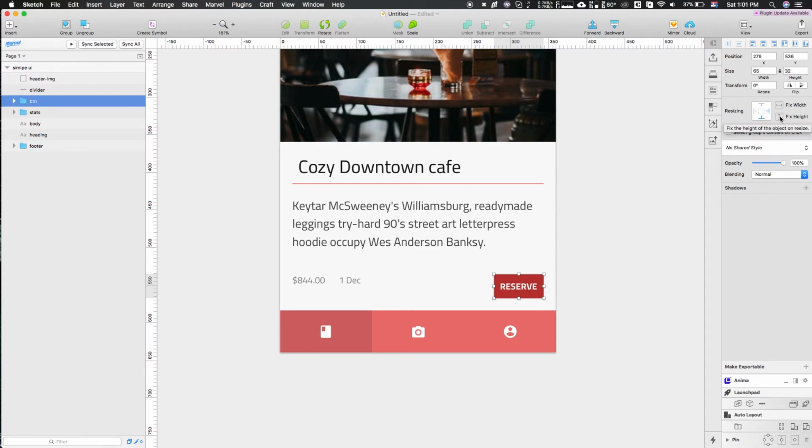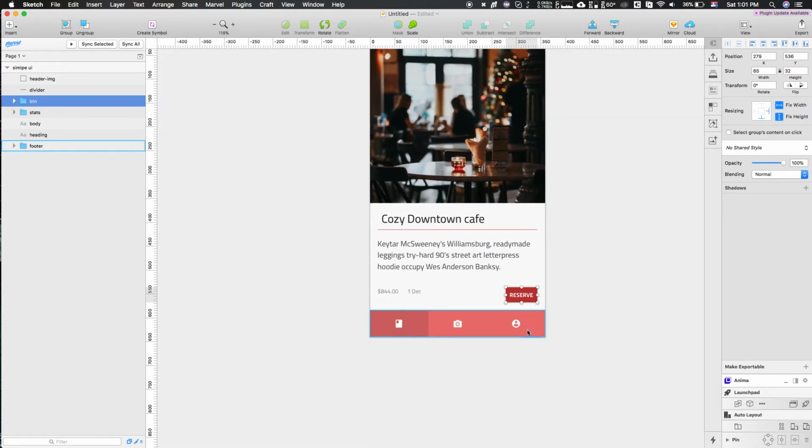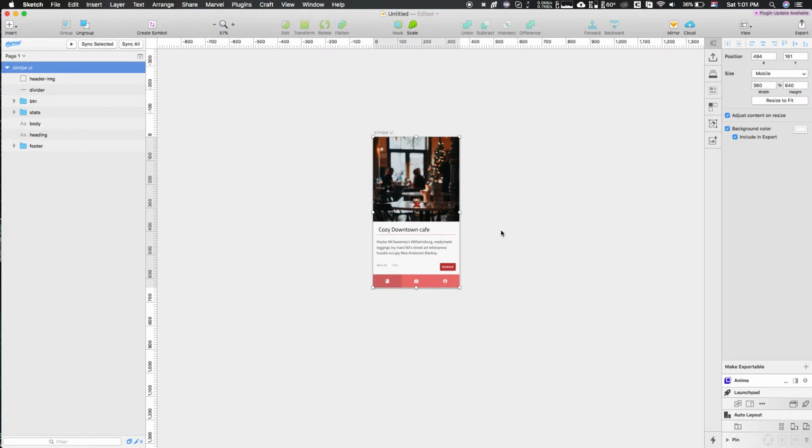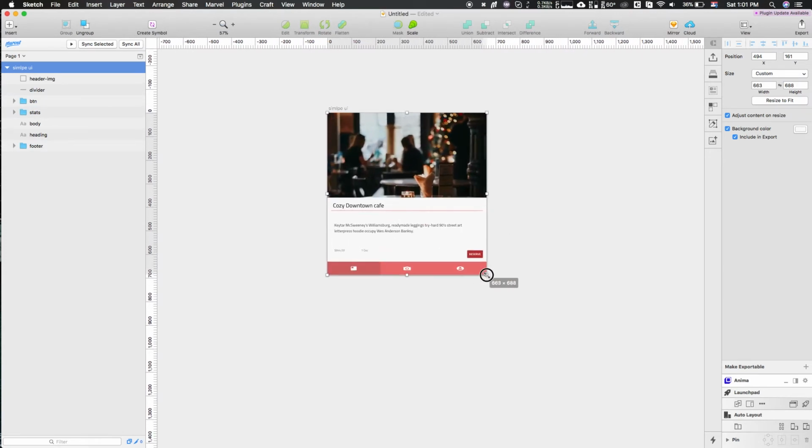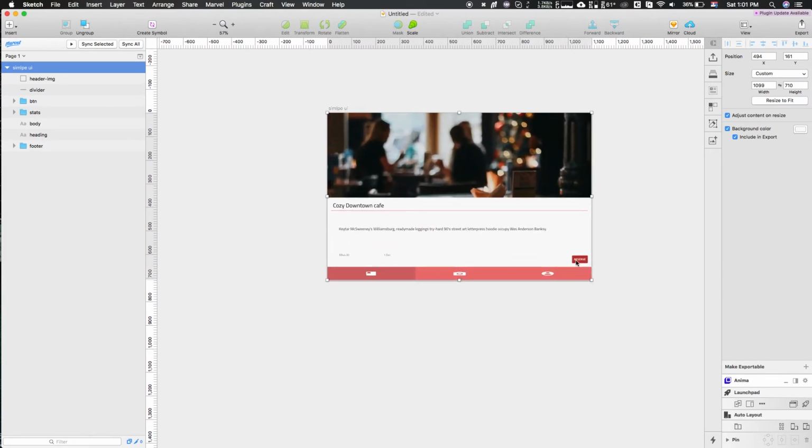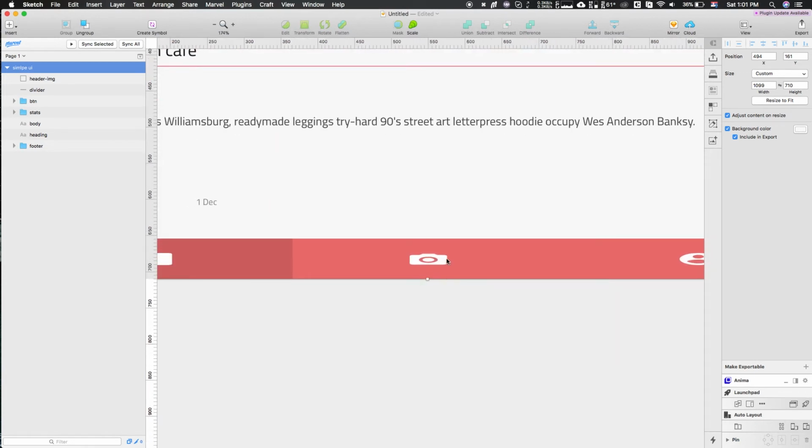So I'm gonna lock both height and width and the distances from the right edge and from the bottom edge. And right now I have this. As you can see, this button is always staying the same and the distances are always the same. But I hope that you noticed something. These icons are getting skewed, resized, the aspect ratio is lost, and you want to avoid this with this type